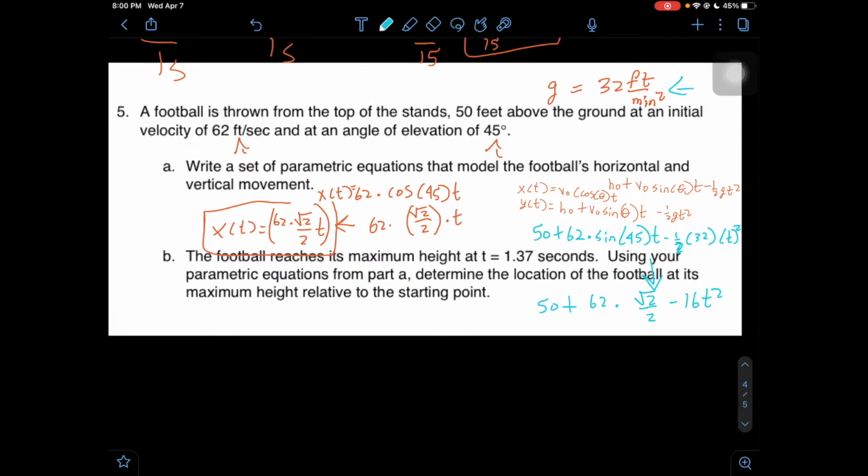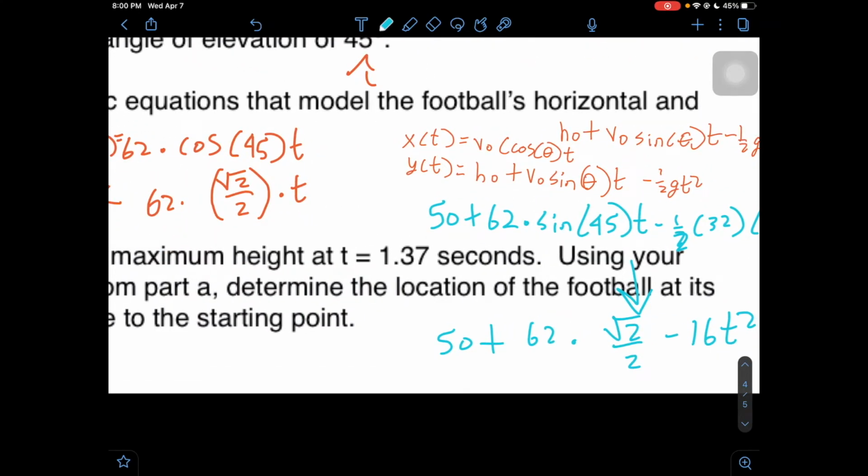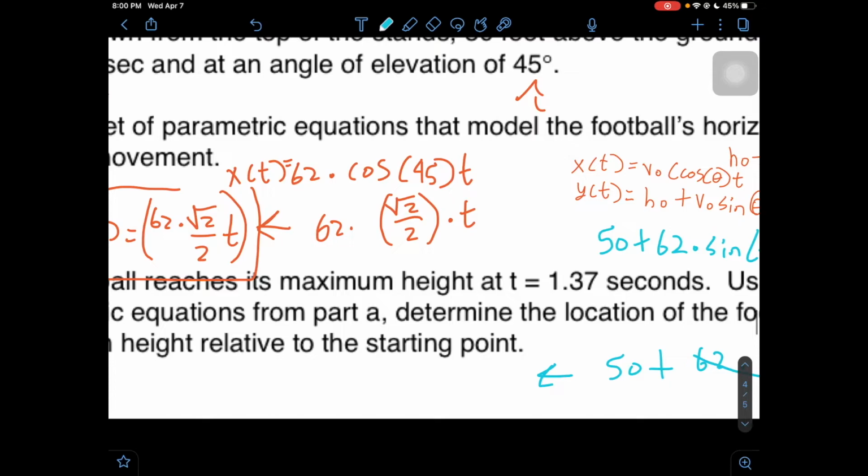This essentially means we have 62 times square root of 2 over 2. If we divide by 2, well, 62 divided by 2 is 31, so we can rewrite the equation,